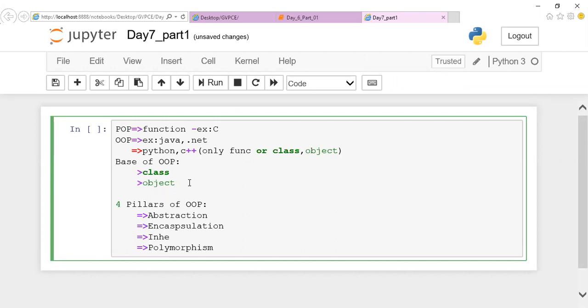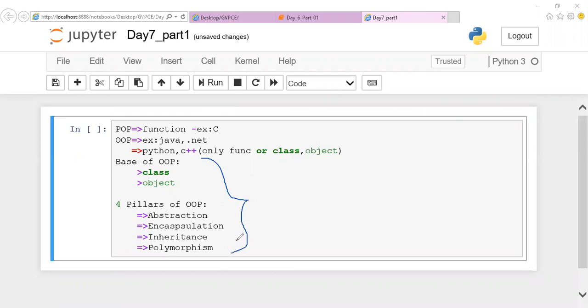Okay, so keeping these as a base, we are going to build these concepts. So you people know that for any programming language, OOPS concept never changes. Whatever the programming language may be, whenever a programming language follows OOPS, we can name it: Java, .NET, Python, C++, PHP. All the languages follow OOPS concept. Your concepts are the same. Your concept is not going to vary.